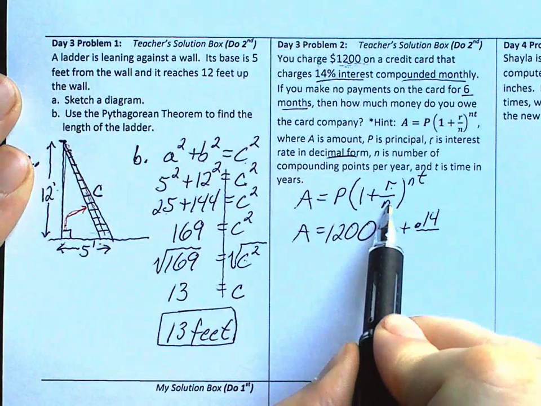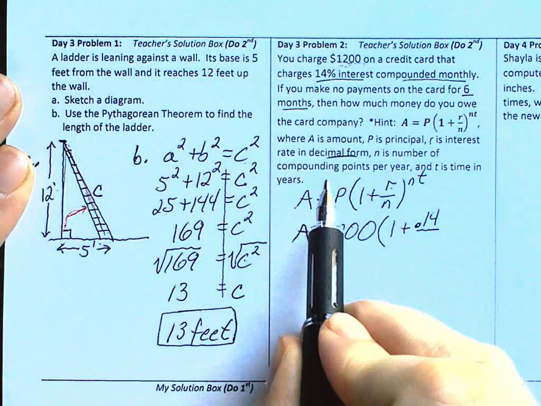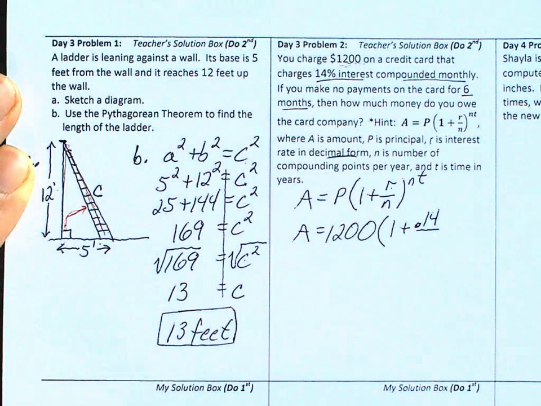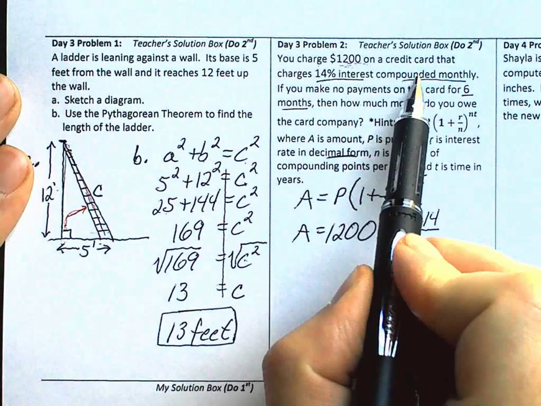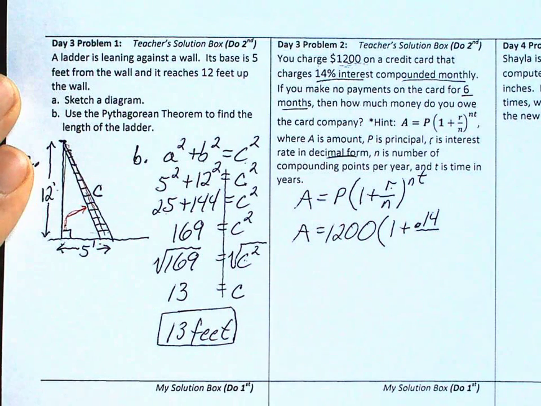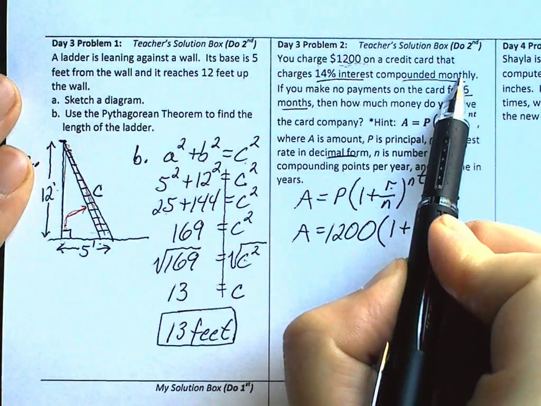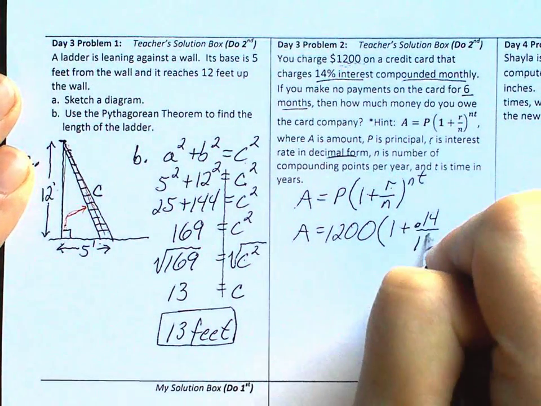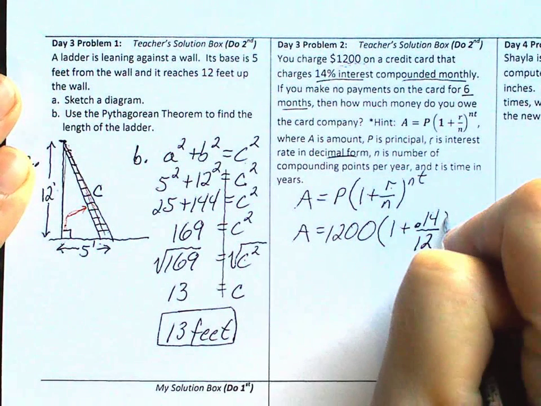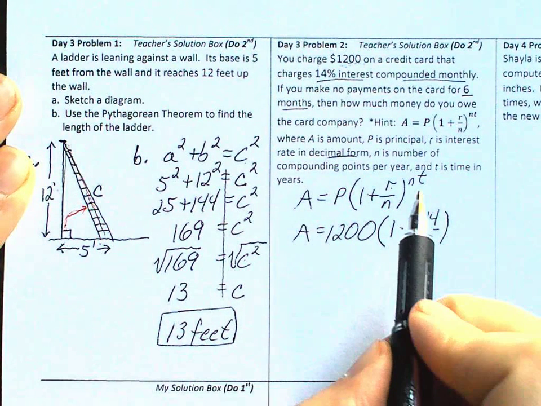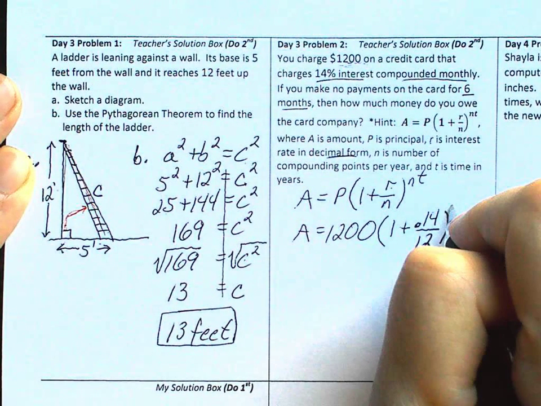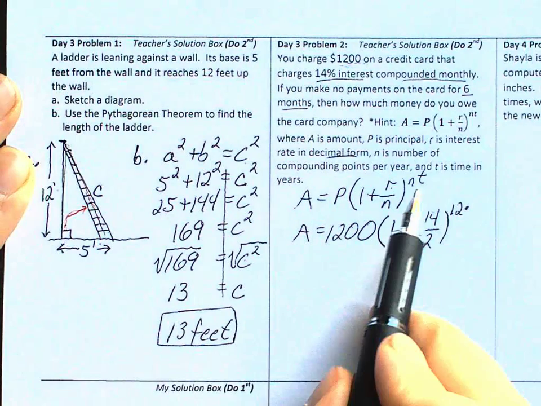Okay? And now the letter N, the number of compounding points per year. So how many times in a year is the interest compounded or calculated? It says it's compounded monthly. So the word monthly, how many times per year does that mean? 12 times per year. Now up here in the exponent, the letter N appears again. That's 12. Times. The letter T is the